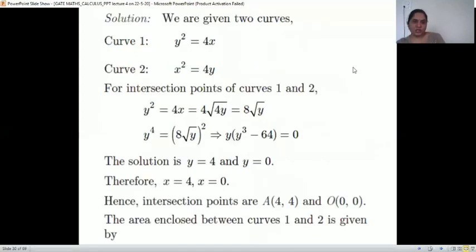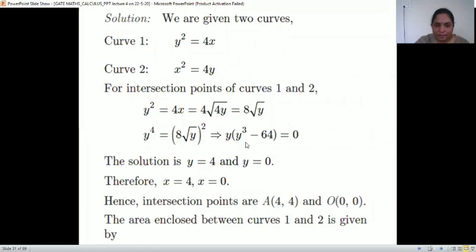So let me solve this. We have two curves given, y square is 4x and x square is 4y. For the intersection points, take y square is 4x. For the second curve, x is root 4y, so it is 2 root y. Then y raised to 4 is 4 into 4y, that is